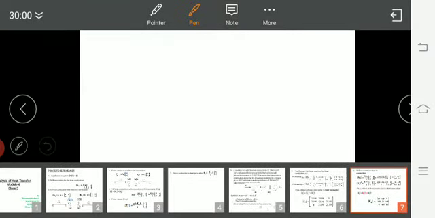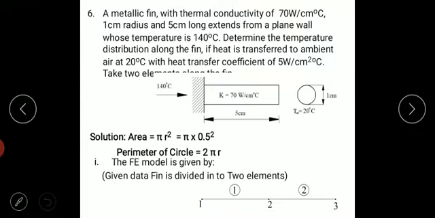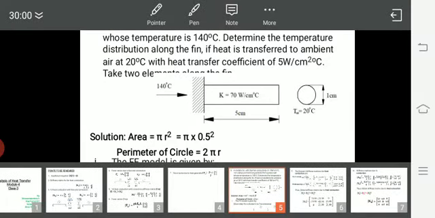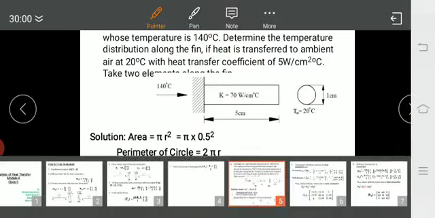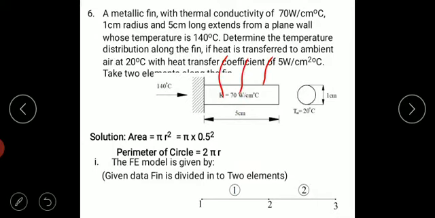Now convection is happening. How is the convection happening in this fin? Convection here it is not happening. And one more thing I want to explain here is, here we are considering the convection is happening only on the surfaces. I am not considering the fin with free end convection. In the other case both are happening. Along the perimeter convection is happening, and at the same time there is a free end convection also.